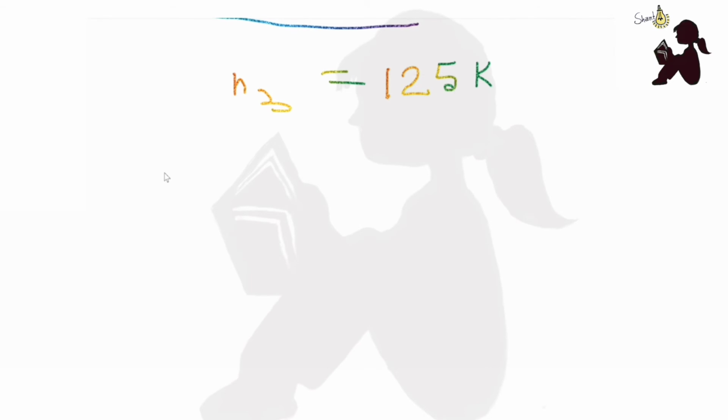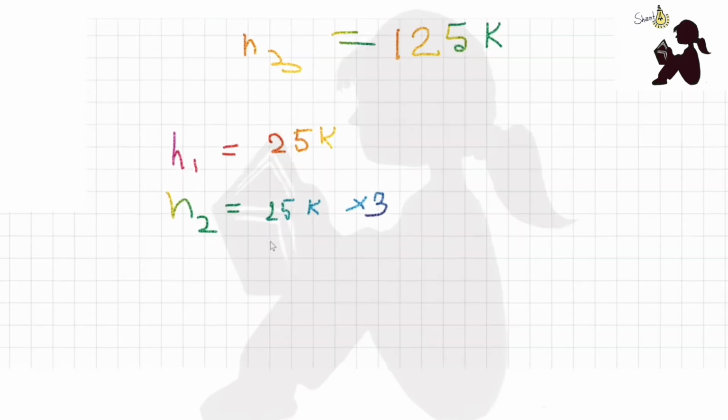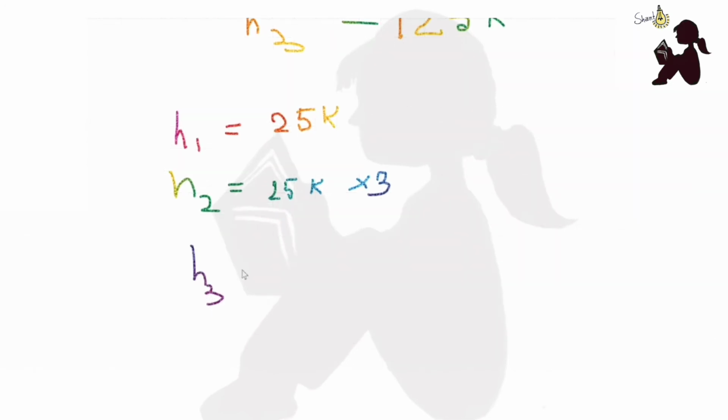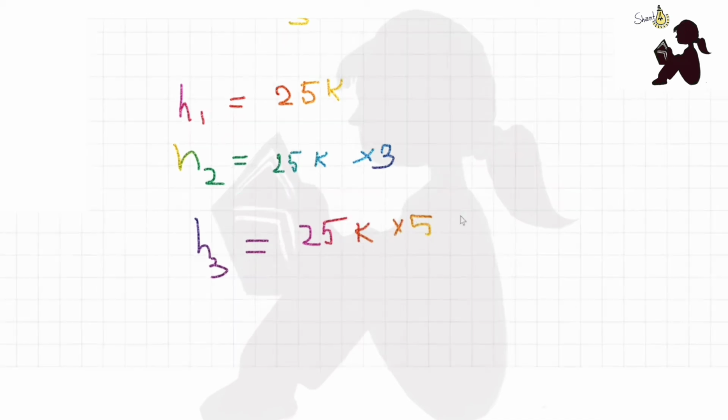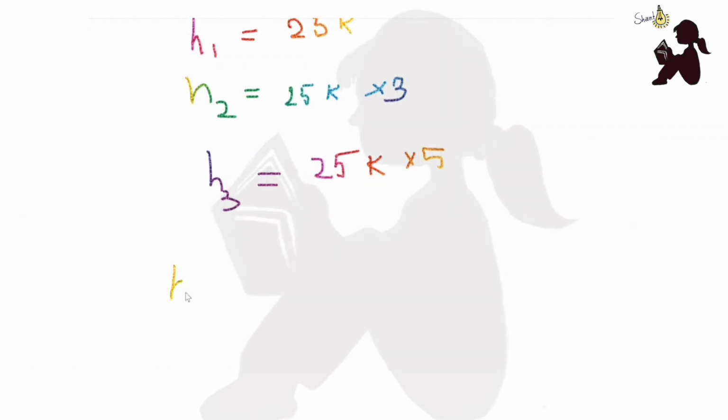Now h1 is equal to 25k, h2 is equal to 75k. So we can write 75 as 25k into 3, and h3 is equal to 125k. So we can write 25k into 5. So from here we are getting the relation, that is h1 is equal to